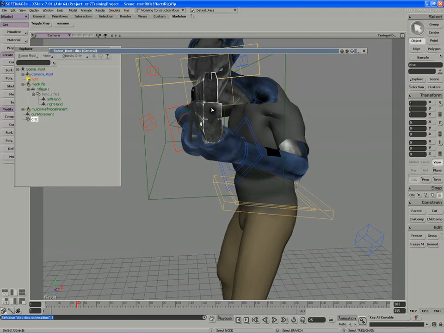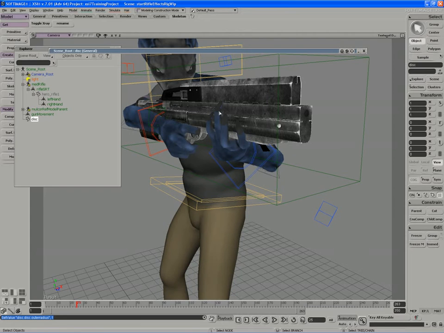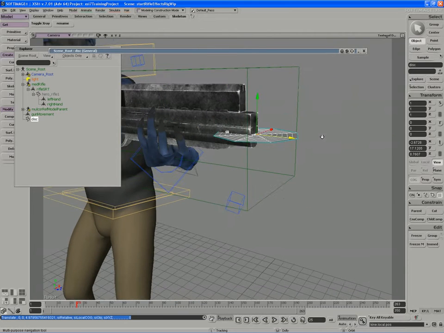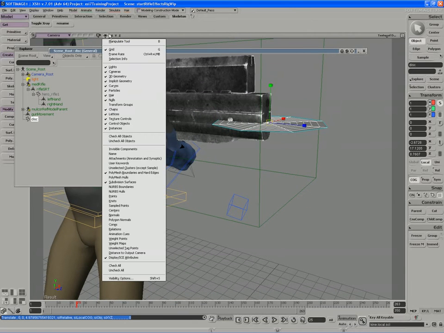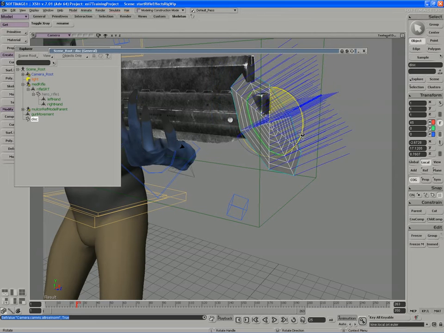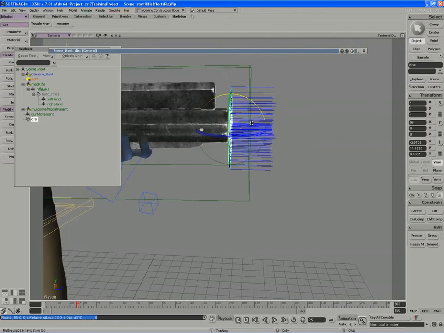I need to get it up into place, so to move it roughly into position, I'm going to match position to the gun control, and along the local axis, move it forward and rotate into position. I just have to make sure that the normals are pointing in the correct direction. They're pointing upwards, so I'll rotate the object so that the normals point in the direction I want the emission